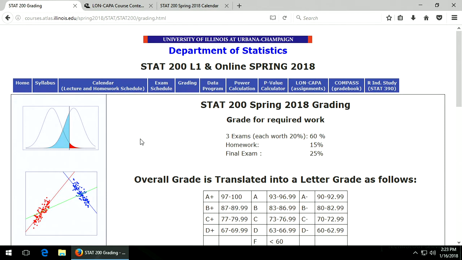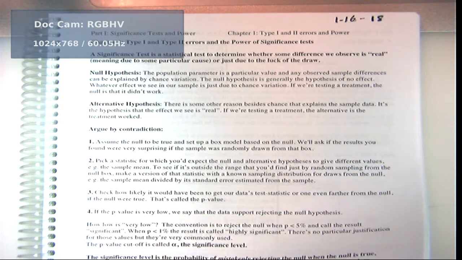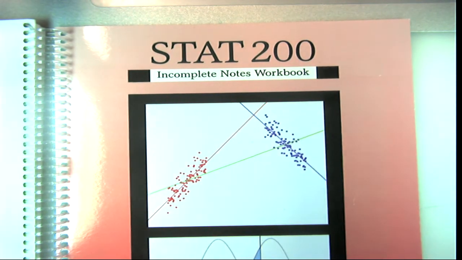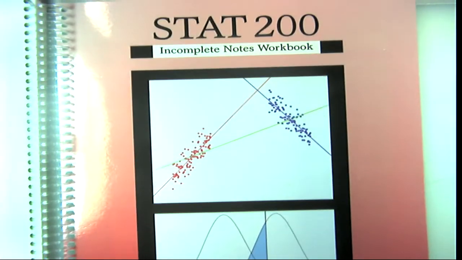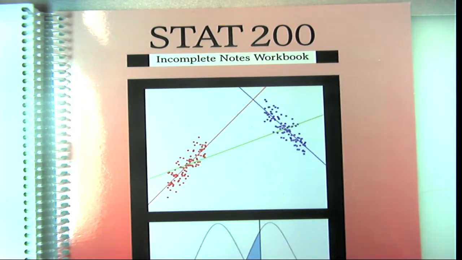All right, so I think it's time to go to the document camera. I'll just mention a little bit about the notebook on the document camera. This is the notebook that you need to get right here. It's the spring 2018 edition. And please don't get a used notebook that's already filled in. Why? Well, because